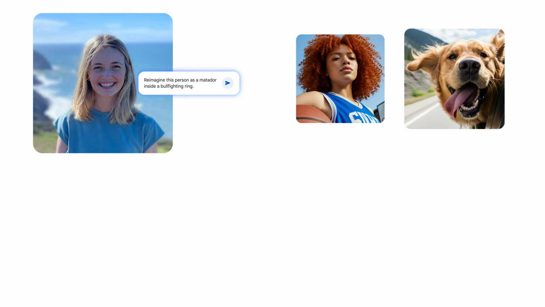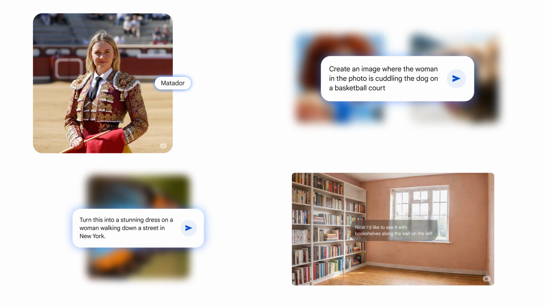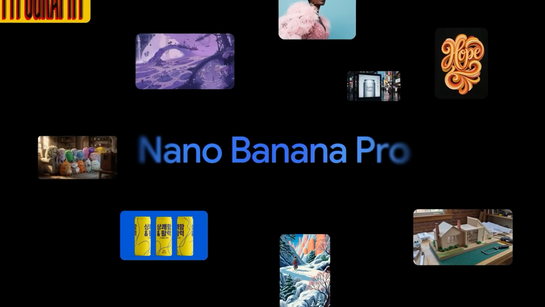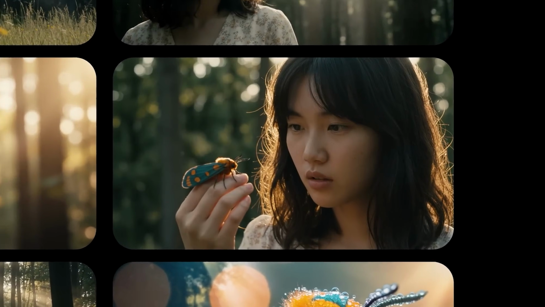Nano Banana 2 is the successor to the original model that launched last August and went viral for its quality and ease of use natively inside Gemini. Then came Nano Banana Pro with even better quality, but as you'd expect, slower and pricier output. With this new release, we are in a rare and exciting situation. My testing shows that Nano Banana 2 delivers pro-level quality, sometimes even beating it, but at a much cheaper price